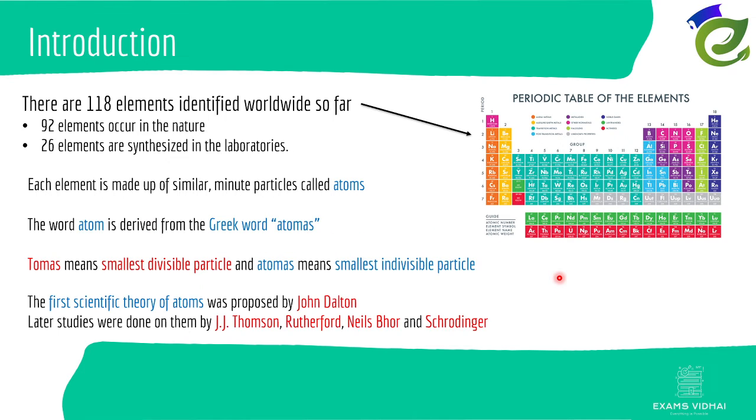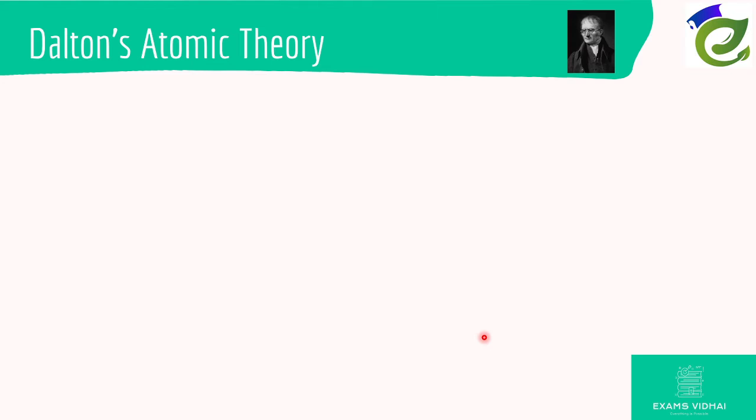Now we'll be going through John Dalton's and J.J. Thomson's atomic structures in this particular chapter. You'll be learning in the future about Rutherford's, Niels Bohr's, and Schrodinger's atomic structures as well. So these are a few names that have given a lot of contribution to the study of atoms. So with that being said, let's take a look into the first ever scientist that has given a great contribution